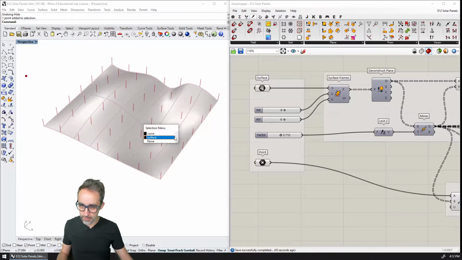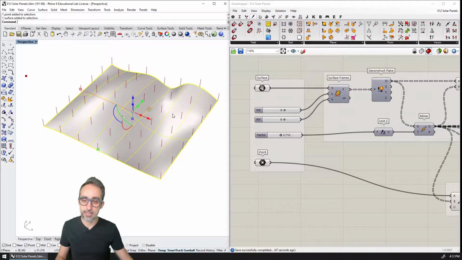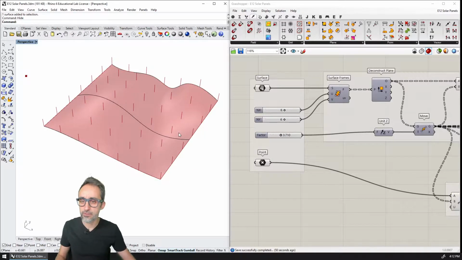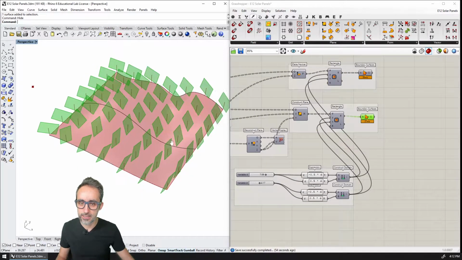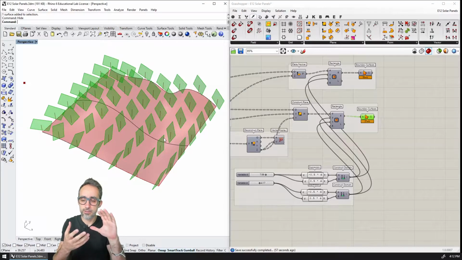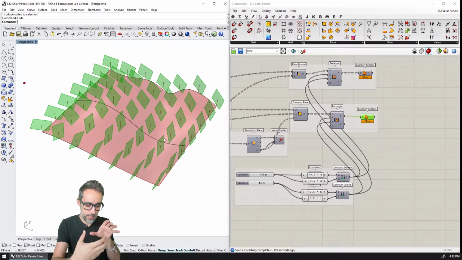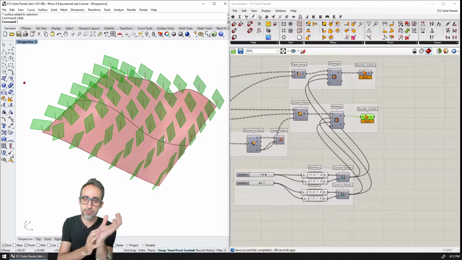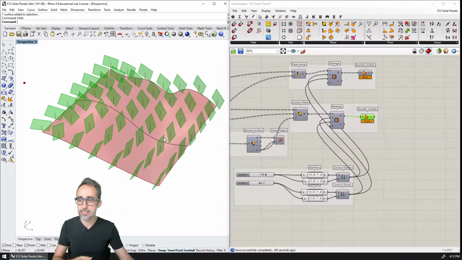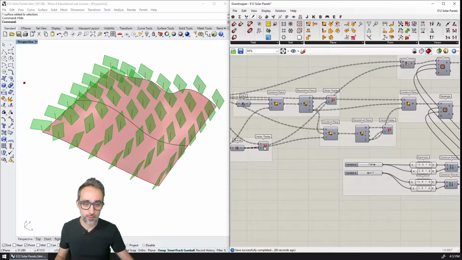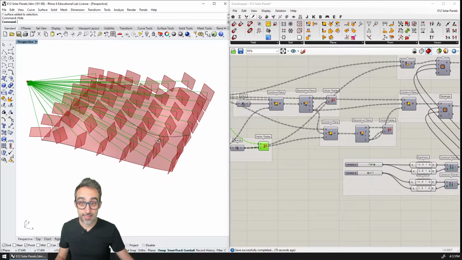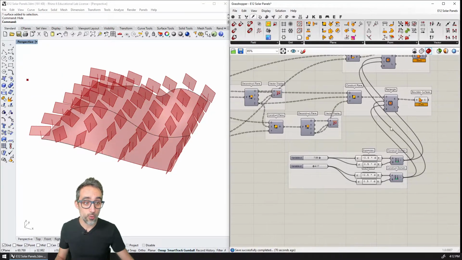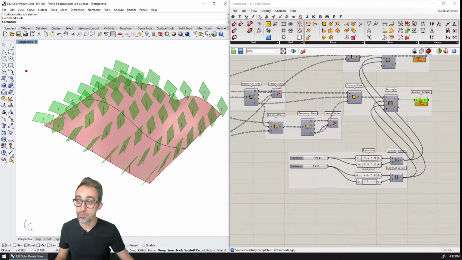So what we have here is a surface that I'm going to hide for the sake of visualization. And then what we did was we created a bunch of panels, and each one of them has a particular rotation in the z-axis, but also a particular rotation on top of its own local axis, so that it follows the direction of a set of virtual rays that are pointing to the center of that panel, and they're always as perpendicular as possible to the sun.